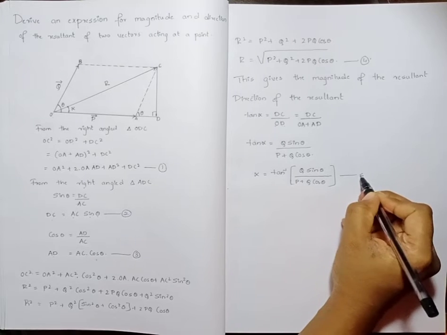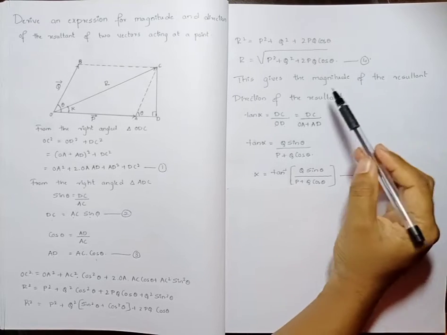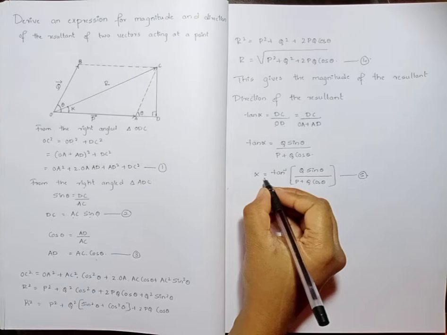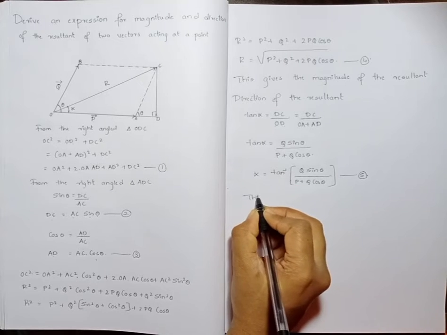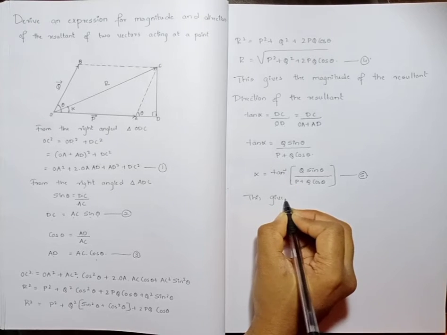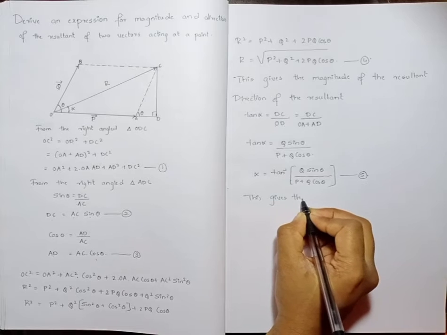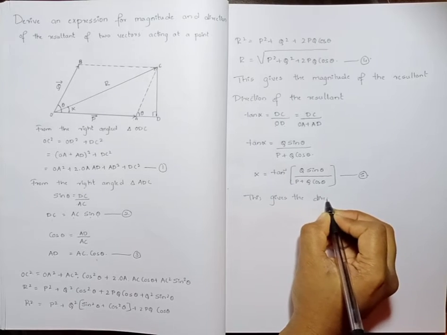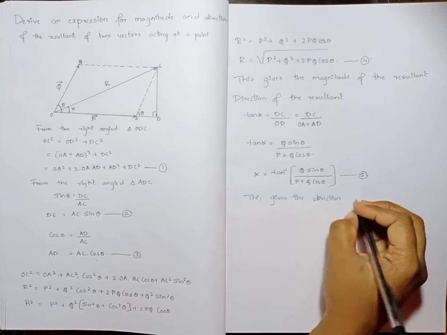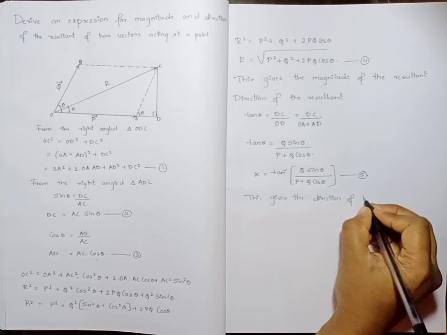So this is the equation 5. So equation 4 represents the magnitude, and this equation 5 gives the direction of the